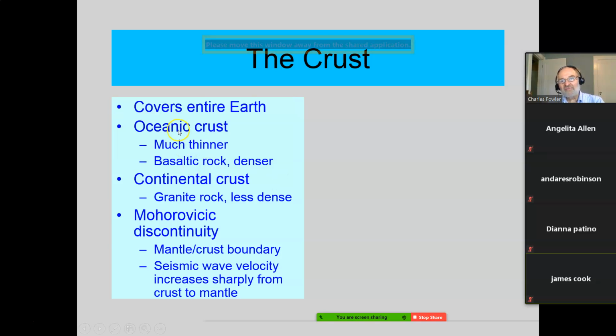The crust covers the entire Earth. Again, not very thick, just a number of miles thick, okay? In fact, different crusts have different thickness. Our next lab, our Chapter 18 lab, will be looking into this. The oceanic crust, now remember, you got the oceans that go miles deep, and then you have the oceanic crust underneath the water. And generally, these are much, much thinner than the continental crust. They're mostly made out of basaltic rock. Now remember that from the last chapter?